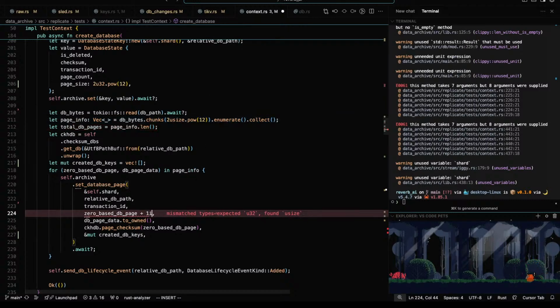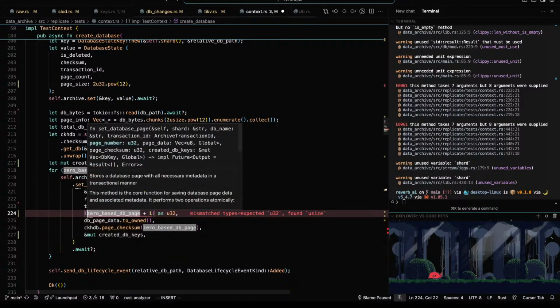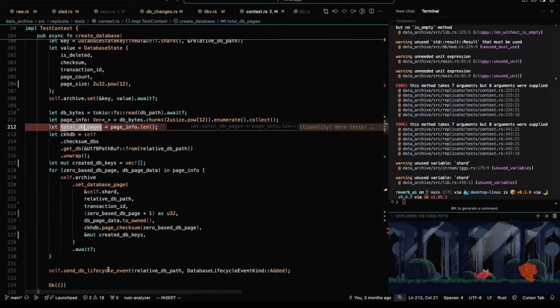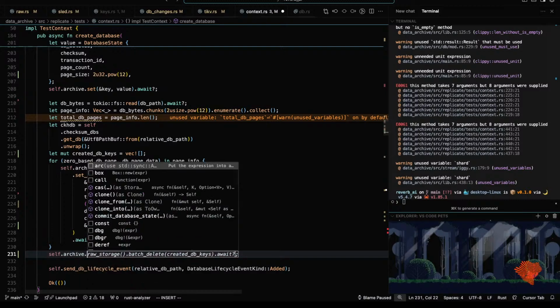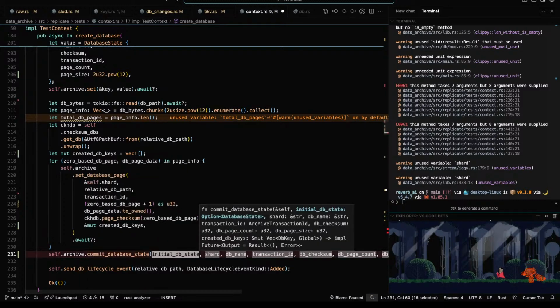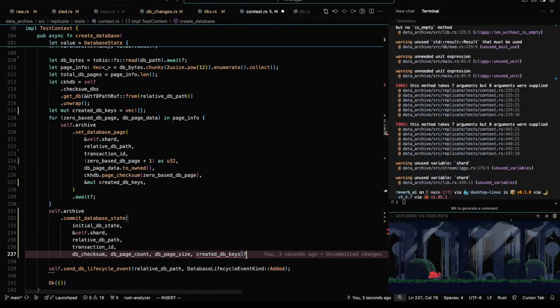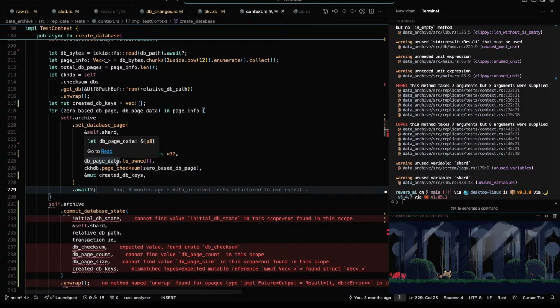I see. We'll get to you. Total DB pages, don't worry. And then we say self.archive dot commit database state. Right. Then we have all this stuff. That must work. Oh, why are we bubbling that up?